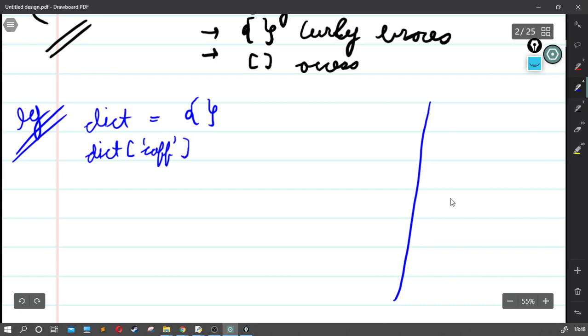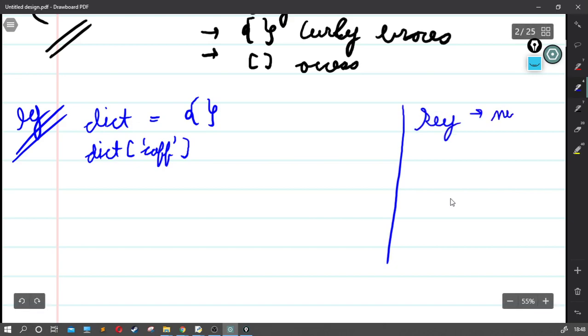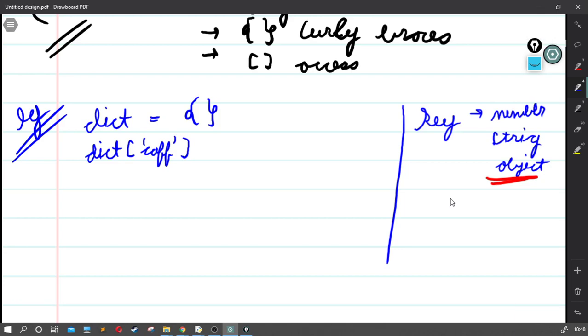In case of key, key can be a number. Key can be a string, object, which we'll talk about later, but you might not know about object anyhow, but it can be anything. Key can be anything. Over here, I'm using a string as a key, which is equal to, let's say, geek,